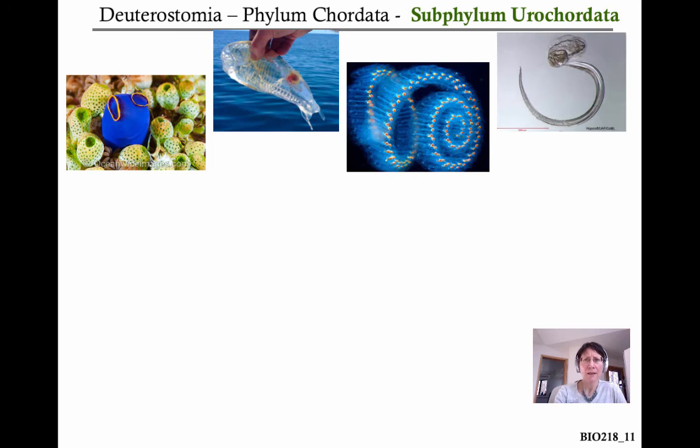It lost traction when it became realized what the relationships are between these three groups, so between the tunicates, the sea salps, and the larvaceans. It turns out that tunicates are very abundant in the oceans, and so it was believed that because they were abundant, they must be the most common form representative of the entire subphylum of all the urochordates. But these urochordates don't have the same sort of life cycle that these guys do. So they don't have these juvenile forms that have all these